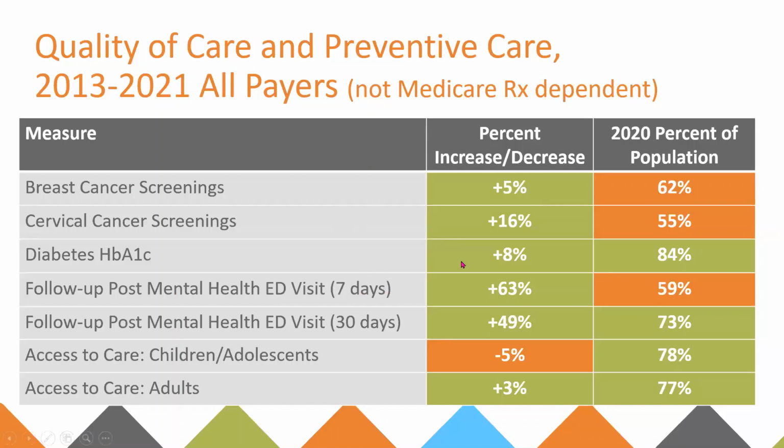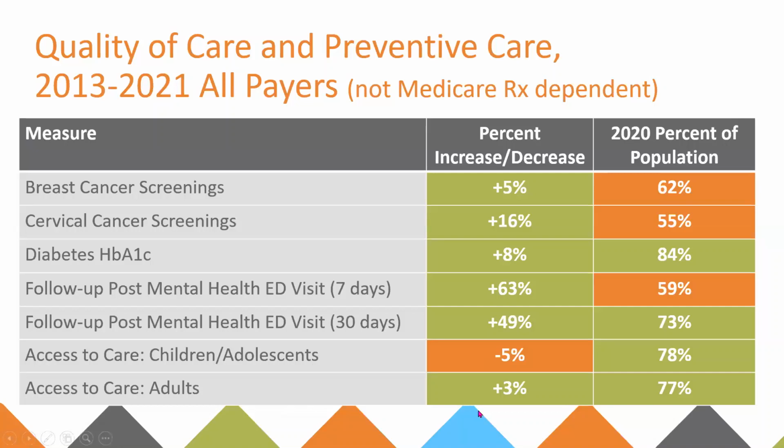Diabetes is trending in the right direction, as well as follow-up for mental health ED visits, both 7 days and 30 days. 7 days went up 63%, which is huge. Even the 30 days went up 49%. The only decrease that we saw was access to care for children and adolescents, which went down from 2013, unfortunately. 5%, not a huge drop, but we are seeing that trending the wrong direction,